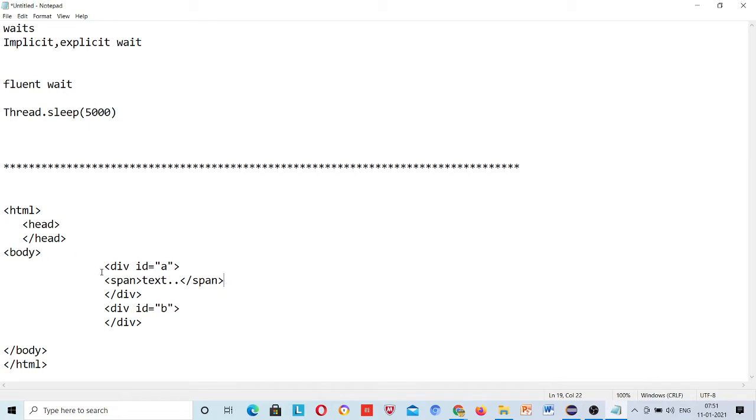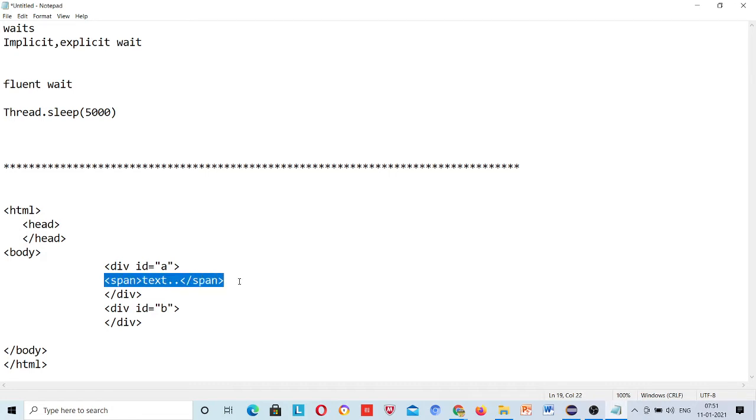Okay, and you want to get this text, but what happens is that once you click on some button, then this text is visible, right? Then you say, okay, I will just put up the id and grab the text, or I will just get the span and get the text, right?